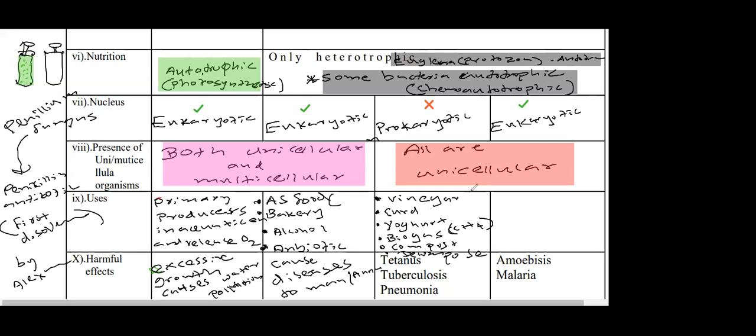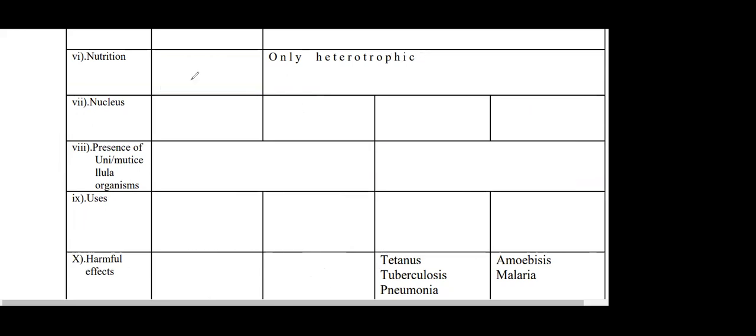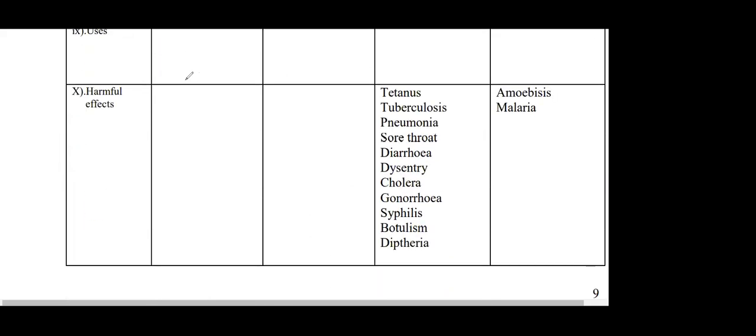Okay, then harmful effects. I'll erase the screen and move back down. I have given some examples also. These are the diseases caused by bacteria. So these are the harmful effects. There are so many diseases caused by bacteria to man. I no need to write that one, I have given it here. If you write diseases, these are the diseases caused by bacteria. No need to write that separately. The previous one I explained.